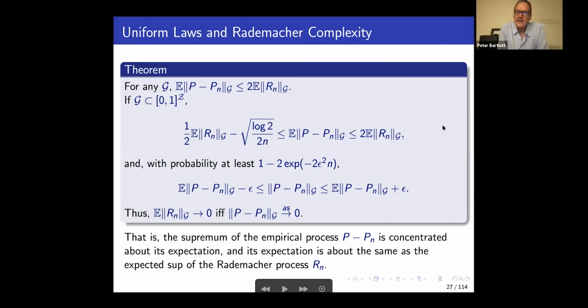That's the Rademacher complexity, and here's a result. I'll step through it. The bottom line here is that the maximal deviations between expectations and sample averages are very closely tied to the Rademacher complexity. So first of all, we have that the expectation of those maximal deviations is upper bounded by twice the Rademacher complexity. If our class is bounded, which is a convenient assumption,